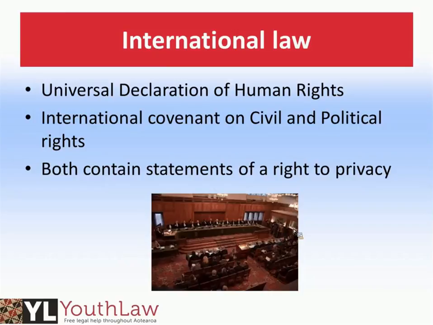Also quite important is the International Covenant on Civil and Political Rights, otherwise known as the ICCPR, a very important international treaty. It establishes the basic rights to civil and political freedom. So all those things that we expect and take for granted, such as the right to vote, the freedom to associate with people, the right to freedom of movement, are all contained in those international treaties, and to an extent are also incorporated into our domestic law, for example under the Bill of Rights Act 1990, which exists in New Zealand.